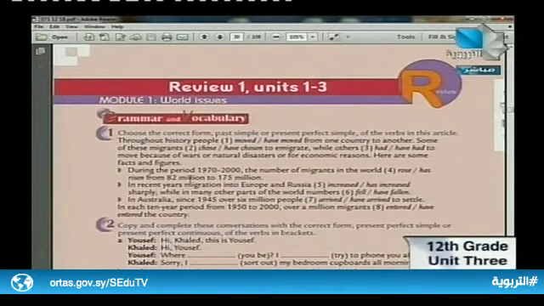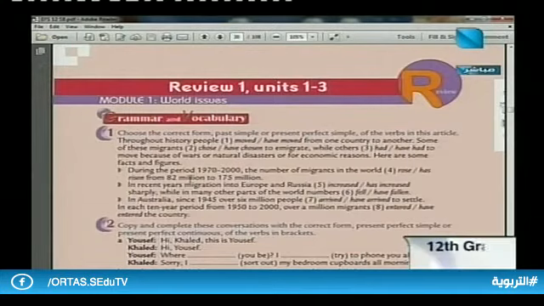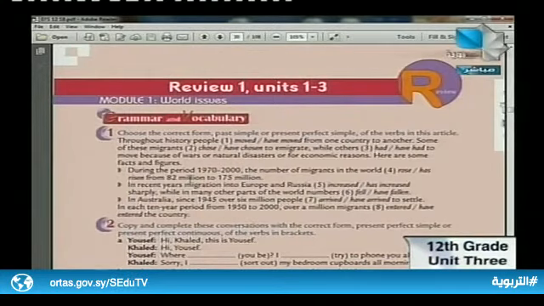I think we have discussed tenses previously. But now it's very important for the students to distinguish between these two tenses, the past simple and the present perfect, because both of them talk about something that happened in the past, before now. But there must be a difference between them.